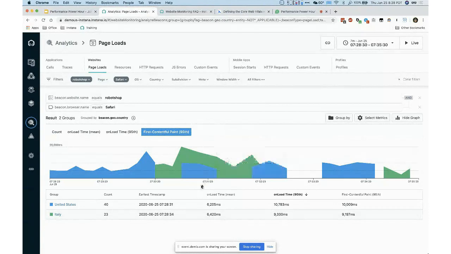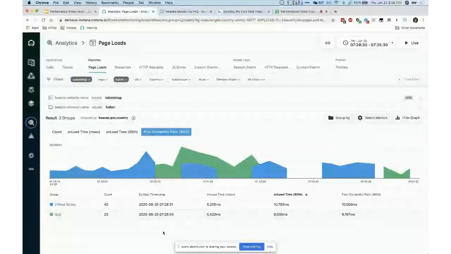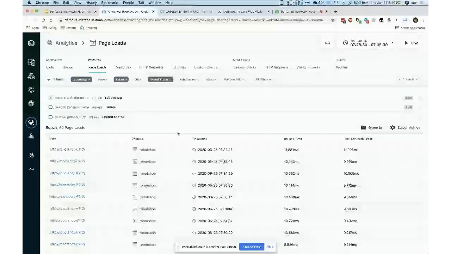And actually, look at that. For that time period I zoomed into, you can see the time period up here is just 7 minutes. We actually had some pretty lousy times here, and actually for the United States. So I'm going to drill into the United States. Now I've got all my page loads for that time period for Safari in the United States and